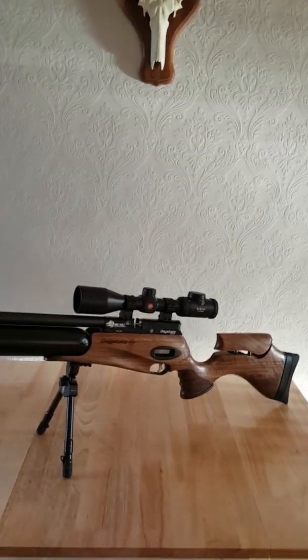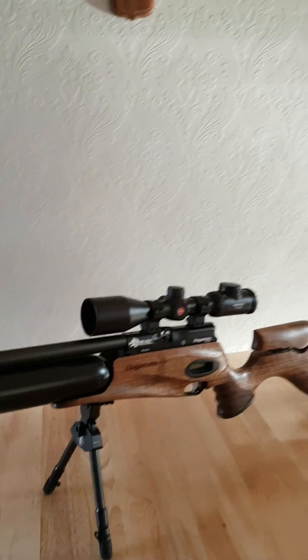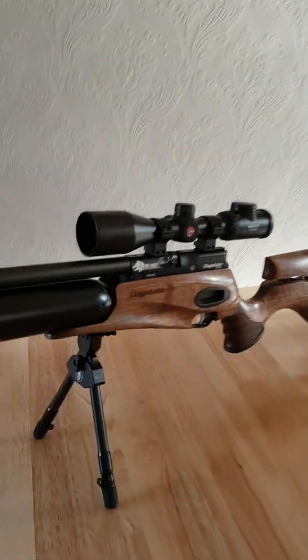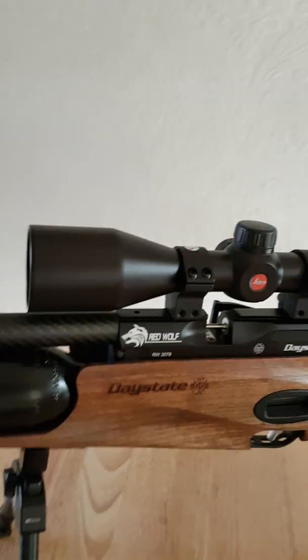Right, I've had the Red Wolf for a couple of weeks now. Been out with it plenty, shot maybe, I don't know, 10 rabbits with it at the minute and a couple of pigeons. And as you can see, I've made a few changes to the package that came from the airgun centre. I fitted it with the